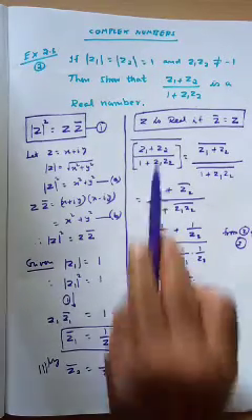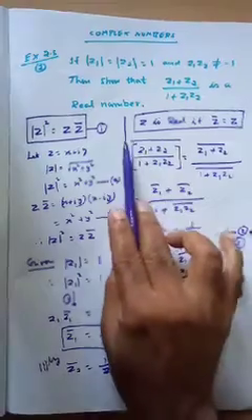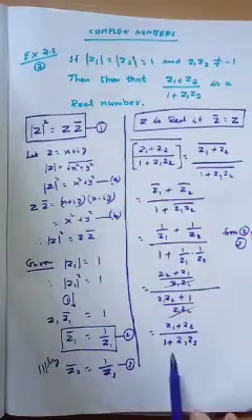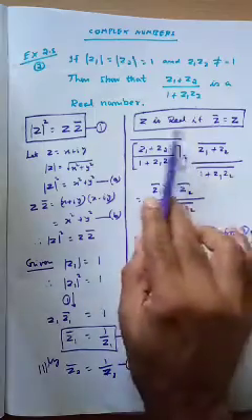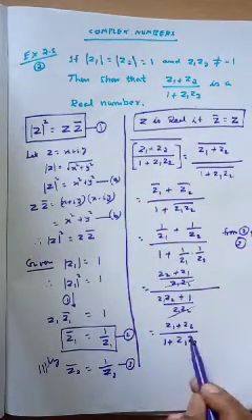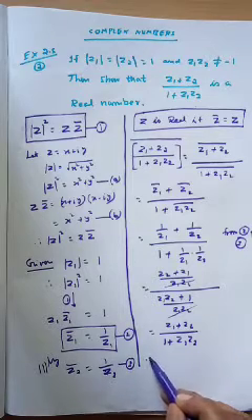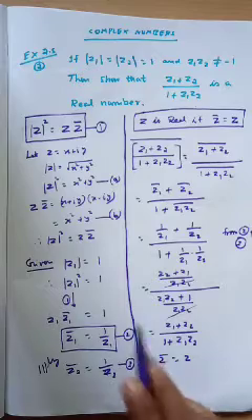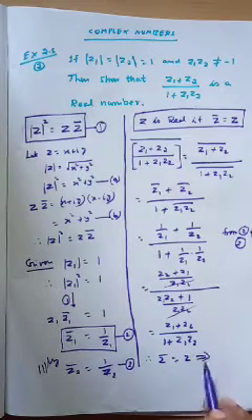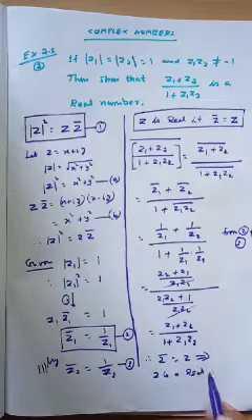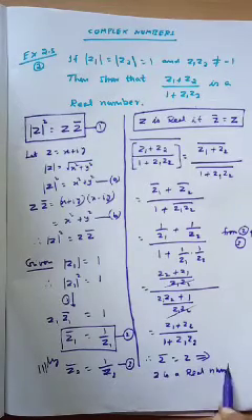You can notice that we got the question back. Actually we found the bar of the question, that is we found the conjugate, and we ended up with the answer without conjugate. That is we proved that Z bar equal to Z. Therefore you can write Z bar equal to Z. This implies Z is a real number. That is what they are asking in the question.